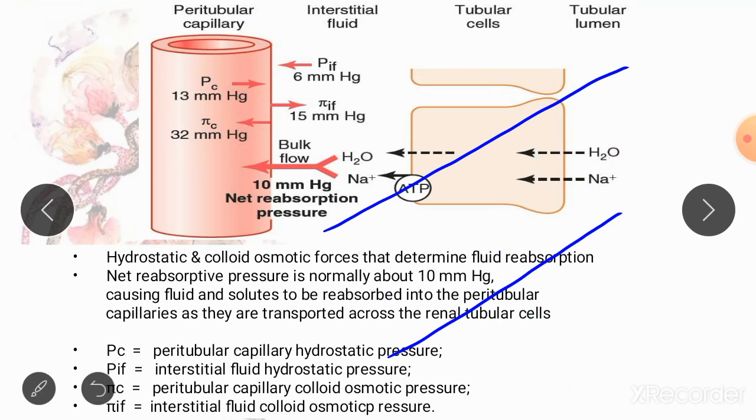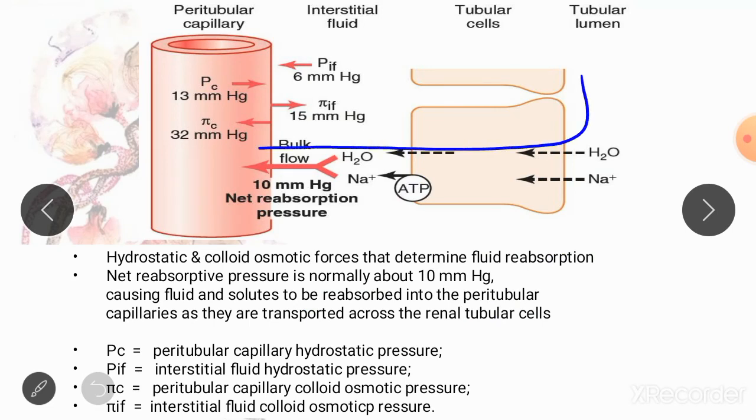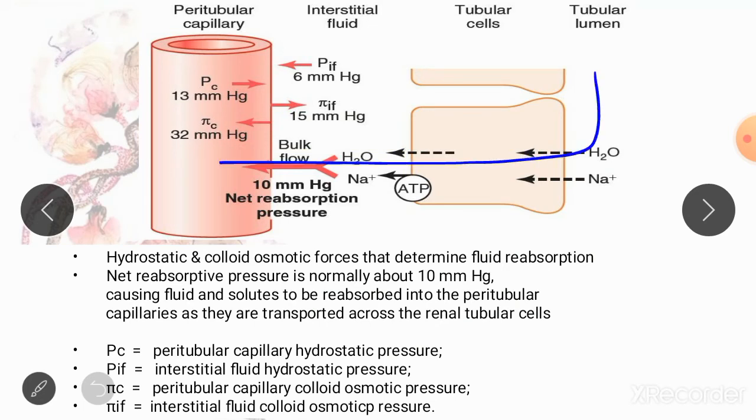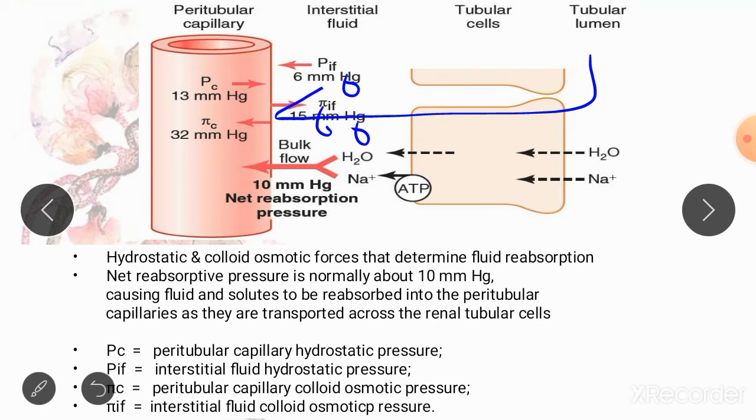This is the reason that there is reabsorption taking place within the peritubular capillaries, and the water moves from the lumen towards the peritubular capillaries, and it takes along solutes which are present in the interstitial space by bulk movement or ultrafiltration. So this is very important, and this is known as